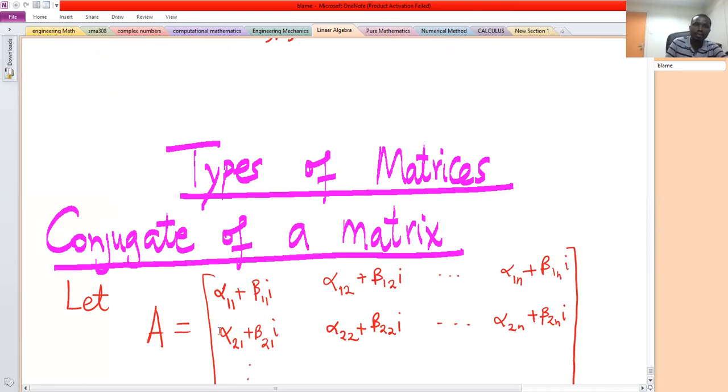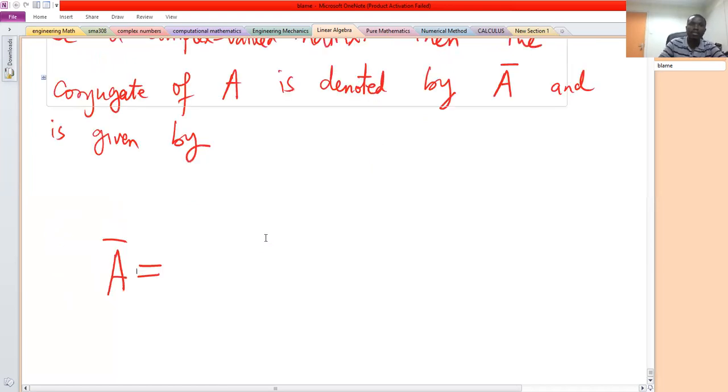Where the sign is plus, it changes to minus. So the conjugate of this matrix will be